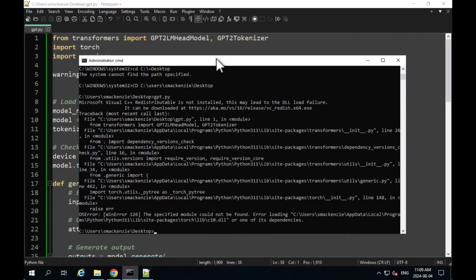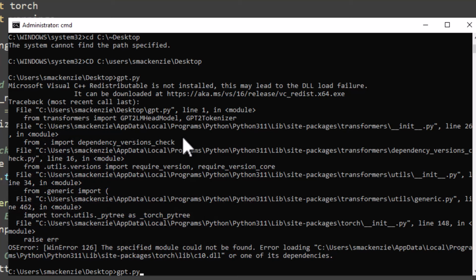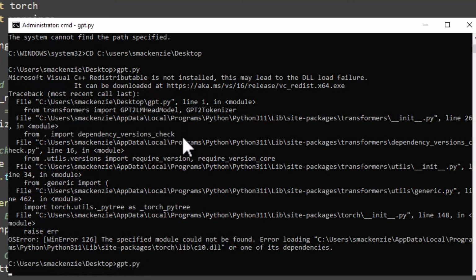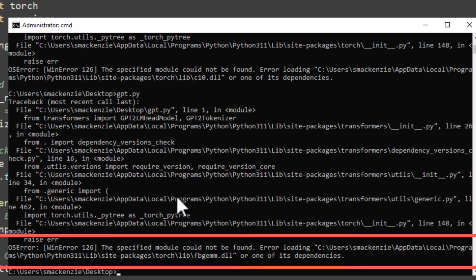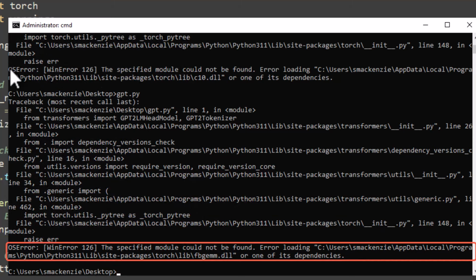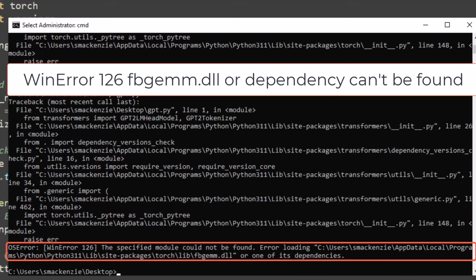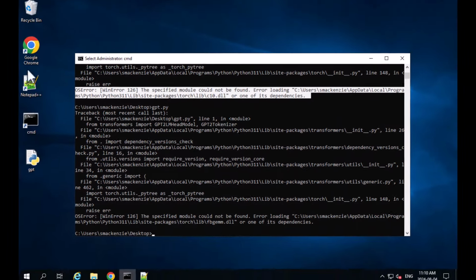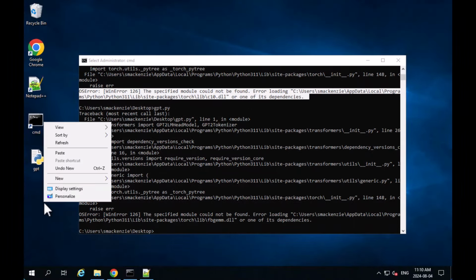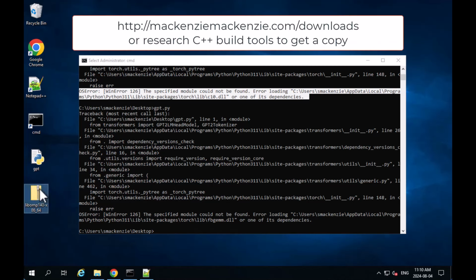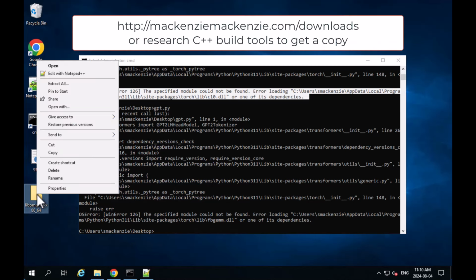And so now what we can do is I'll hit the up arrow, so it'll run the same command again in my command window here, and we can see that it still doesn't work. We get this WinError 126, the specified module can't be found, and it's that fbgemm.dll, and that's a bit of a stumper. A lot of people are finding that they can't find what's wrong. Even when they install and reinstall, people are reinstalling their entire Torch installation and everything, and you don't really need to. What you need is one little file, and the file is this